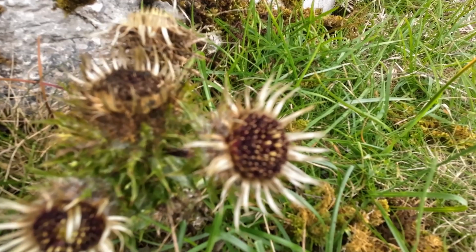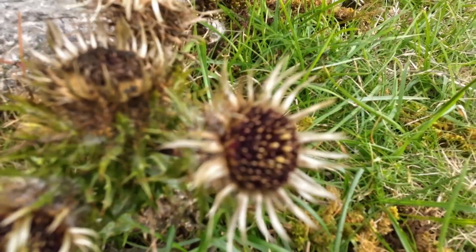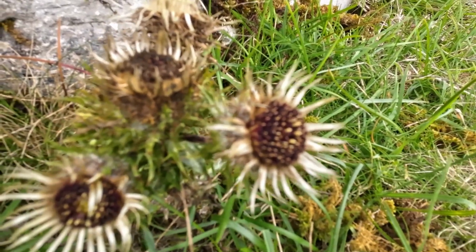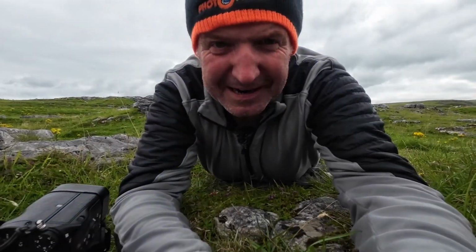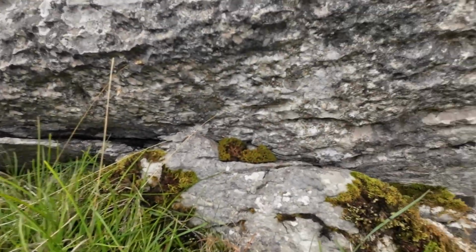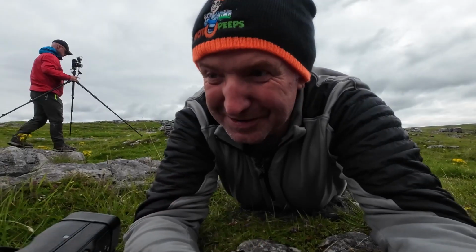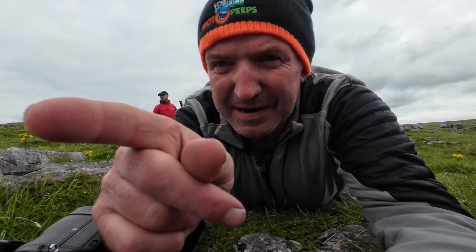Right peeps, first so-called flower stroke composition is this one just here. So I've got quite close with this little GoPro, just try and get this emphasis on you. And as you can see, I'm laid down right in between the limestone. So as you can tell, this is macro between the limestone. So yeah, I'll bob this one up for you while I have a little look around, see what other little